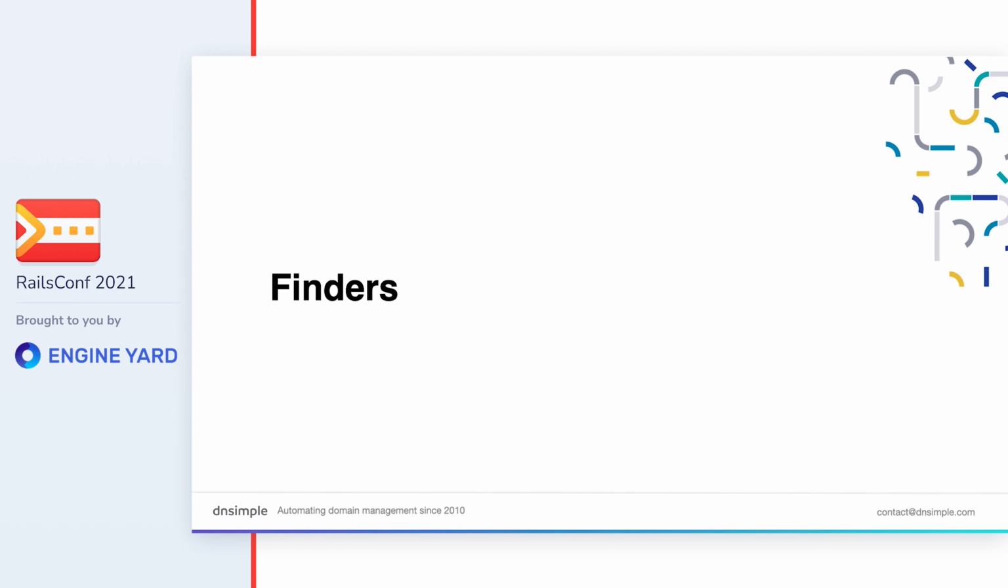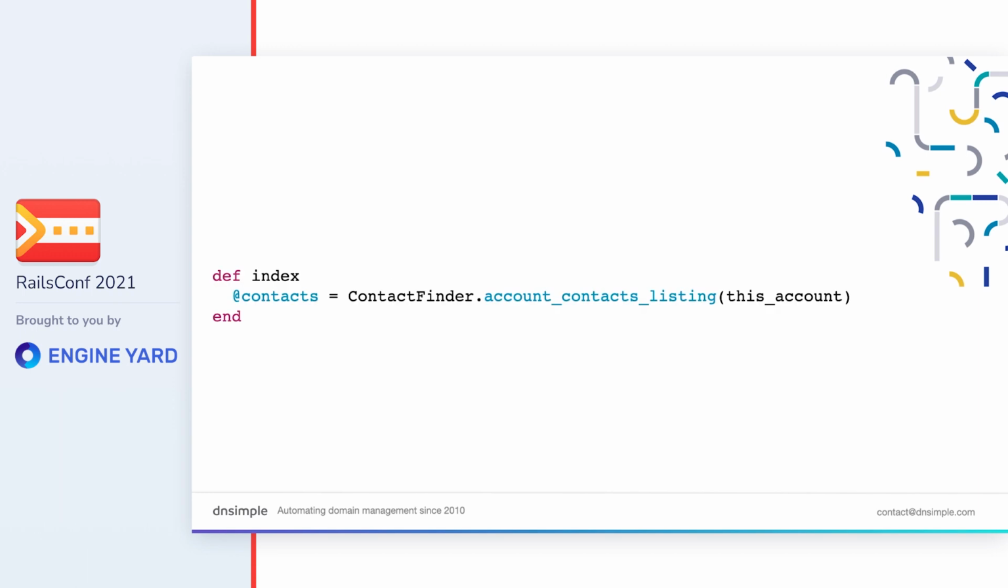Another item that we added was the notion of finders. This is based loosely on the repository pattern, the idea being that you have one place to go to look up various collections or instances of any particular model. Here's an example from within the contacts controller, and you can see that the caller calls into account contacts listing